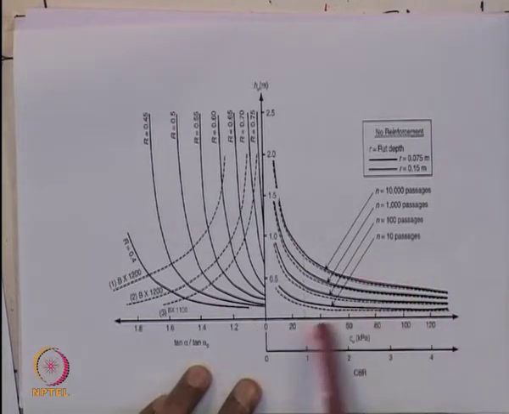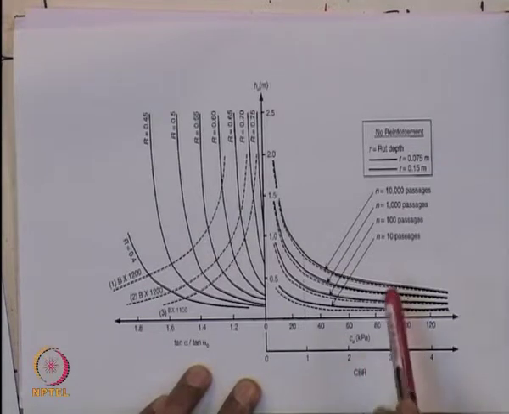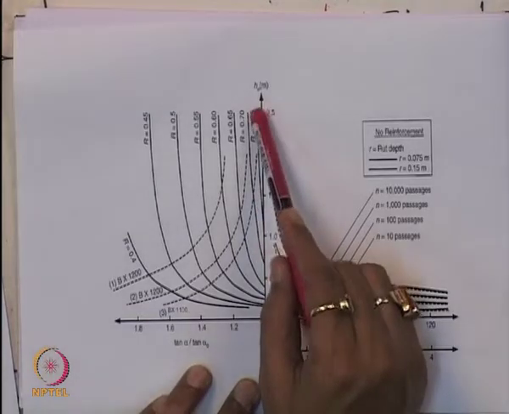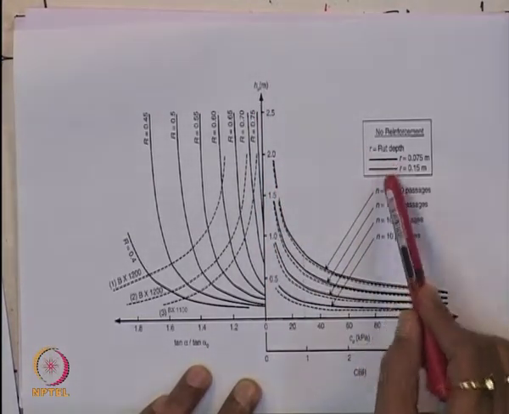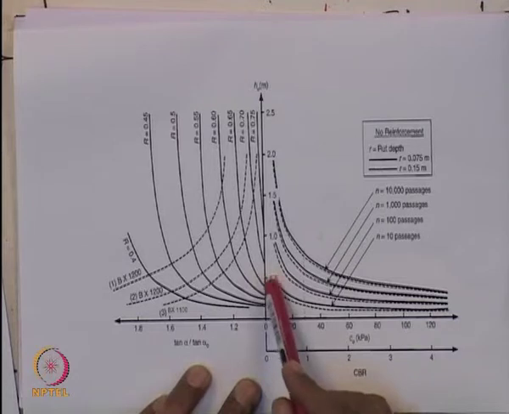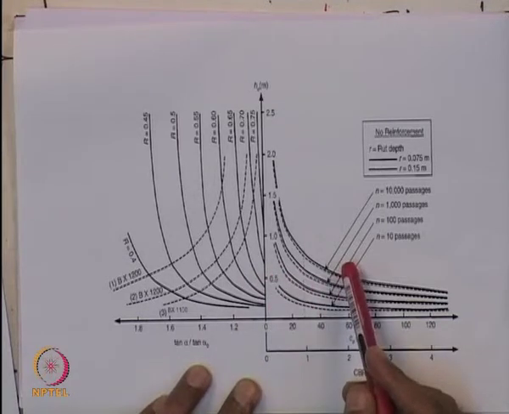And this x-axis shows what will be the undrained shear strength of the soil, Cu in kilopascal, or the California bearing ratio, that is CBR. So from this curve, you can calculate what will be the thickness of the pavement H0 without geosynthetic. That means if you know either the Cu or the CBR value, and if you know the number of passes, then you can calculate the thickness without geosynthetic material for the unpaved road case.